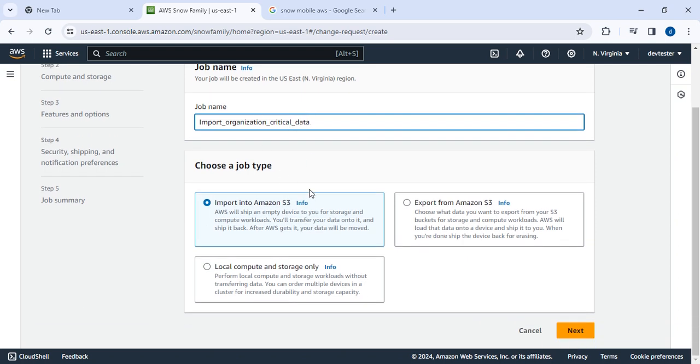Import organization critical data. Okay, import into S3 means for which purpose I'm going to create this job. If I want to import my data into S3, I need to select this option. If I want to export the data from S3, I need to select this option. If I want to perform local compute and storage workloads without transferring data,